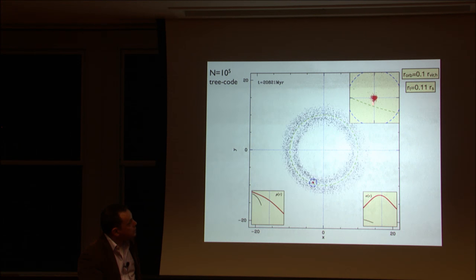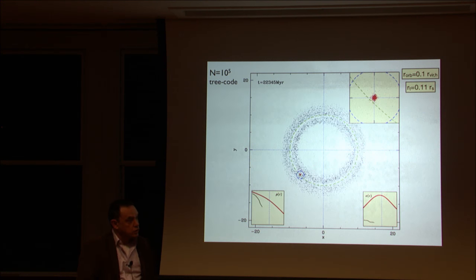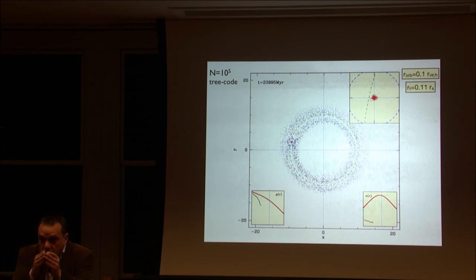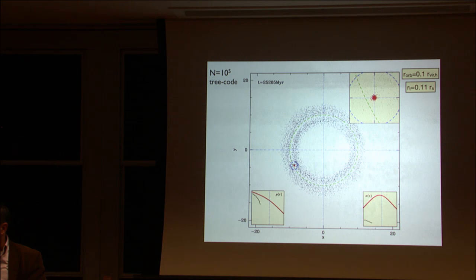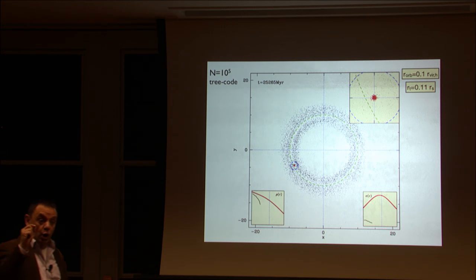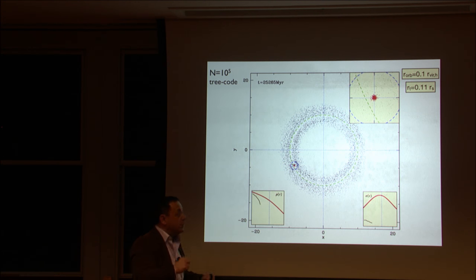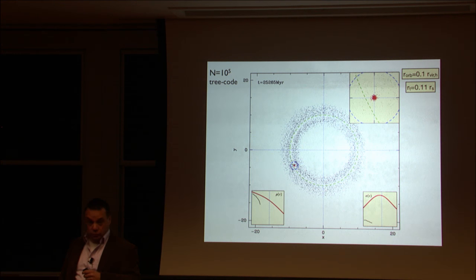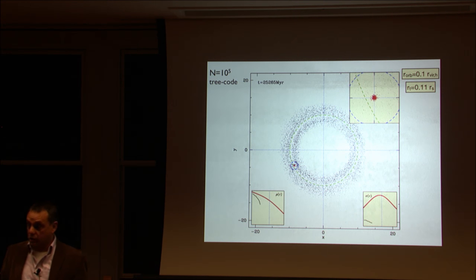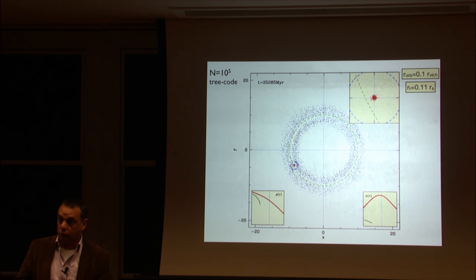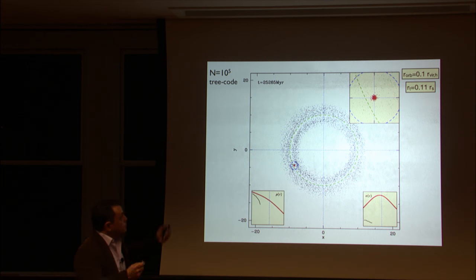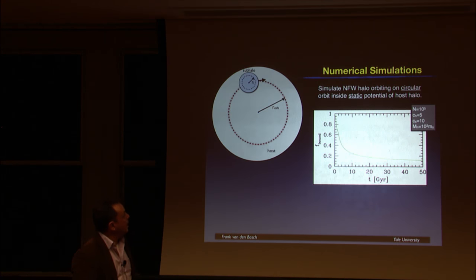And you see also, interestingly, that it has moved away from its original circular orbit. It has actually moved in a little bit. And that's due to the dynamical friction. Not against the host halo, because that's not included, but against its own tidally stripped material. That actually causes the dynamical friction, which is not negligible. We'll see in a second. The upshot is here, 25 gigayears later, two times the Hubble time, nothing really happened. The subhalo is still there.